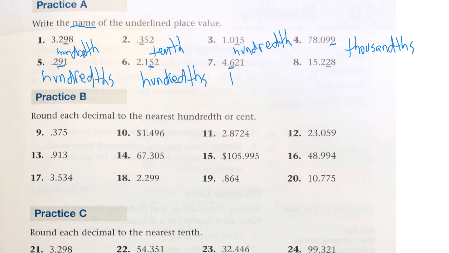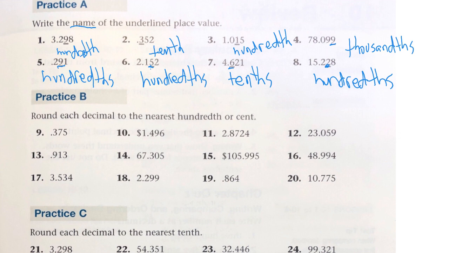And the 6 is in the tenths place. And the 2 again is in the hundredths place. Sorry for the messy handwriting, not so easy to write on the screen, but hopefully we can see that clear enough. And practice B,